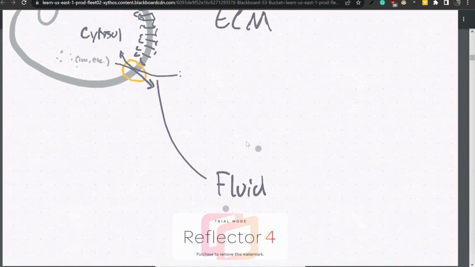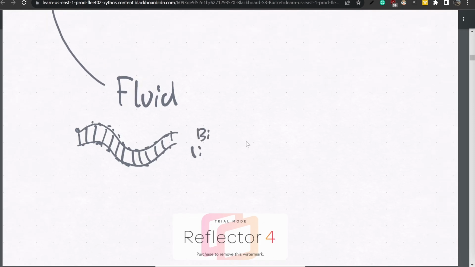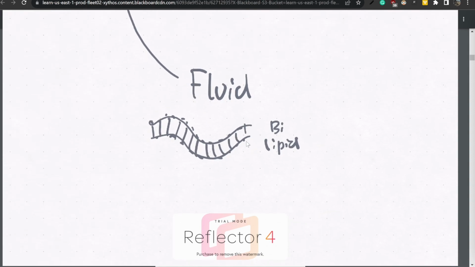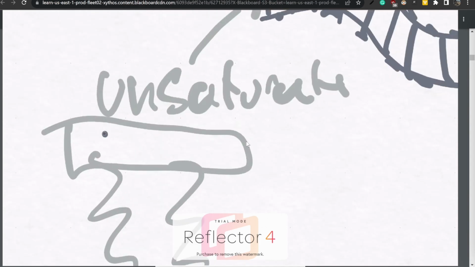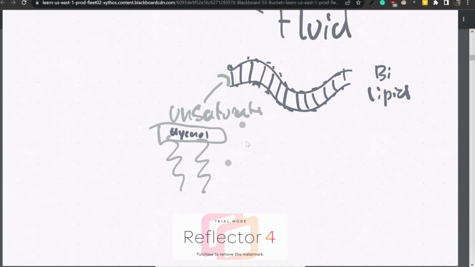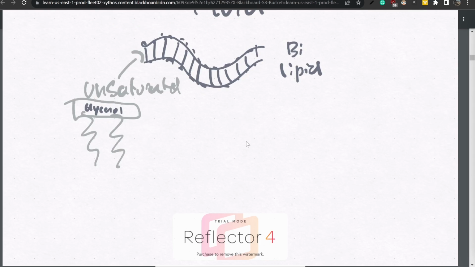So this fluid part right here is important because this is sort of wavy, like it's fluid, like the semipermeable, sorry, the fluid membrane, literally the bilipid layer, is fluid, and that's because of these unsaturated fatty acid tails. This is going to be a glycerol. I know this from background. Glycerol. So these are unsaturated fatty acid tails, and when it freezes, so let's say that I'm going to draw